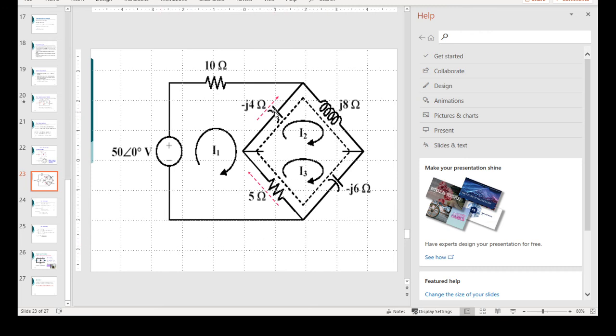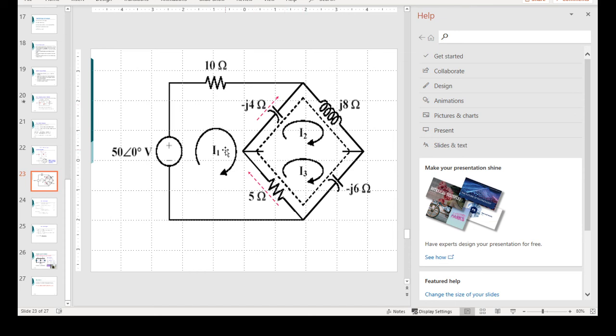When you look at this, the impedance is minus j4, but this current here is opposing this. This is this red arrow. So the net current in this direction for this impedance is going to be I2 minus I1, meaning that the drop is minus j4 in brackets